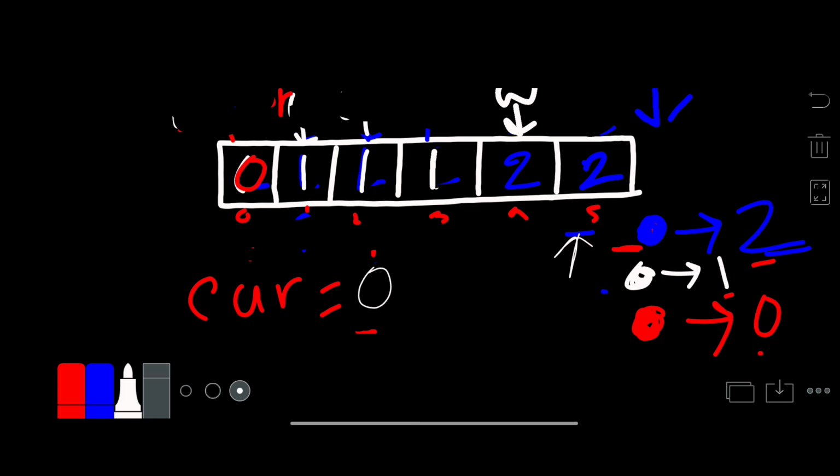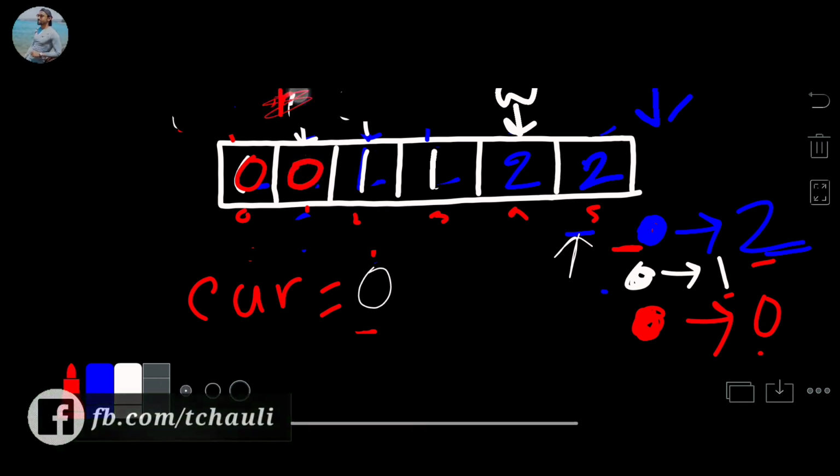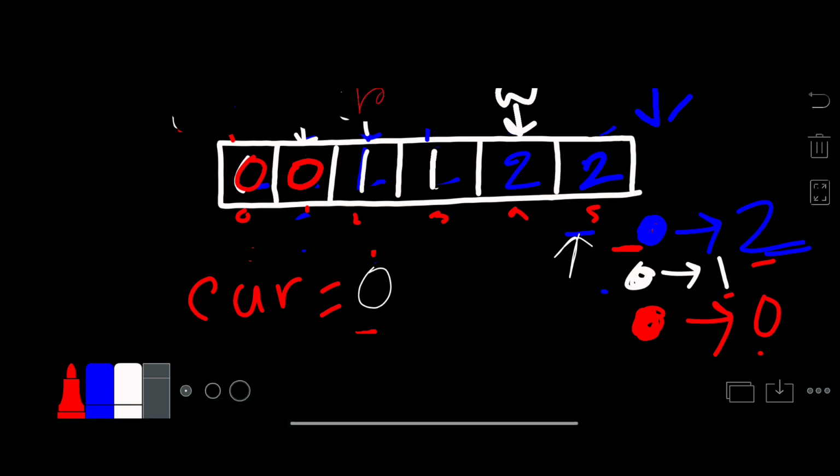Again we will do the same for red. Red is pointing to index 1, we will update the value and move the pointer. Okay, there is no more element in the array, so we will exit from this loop.